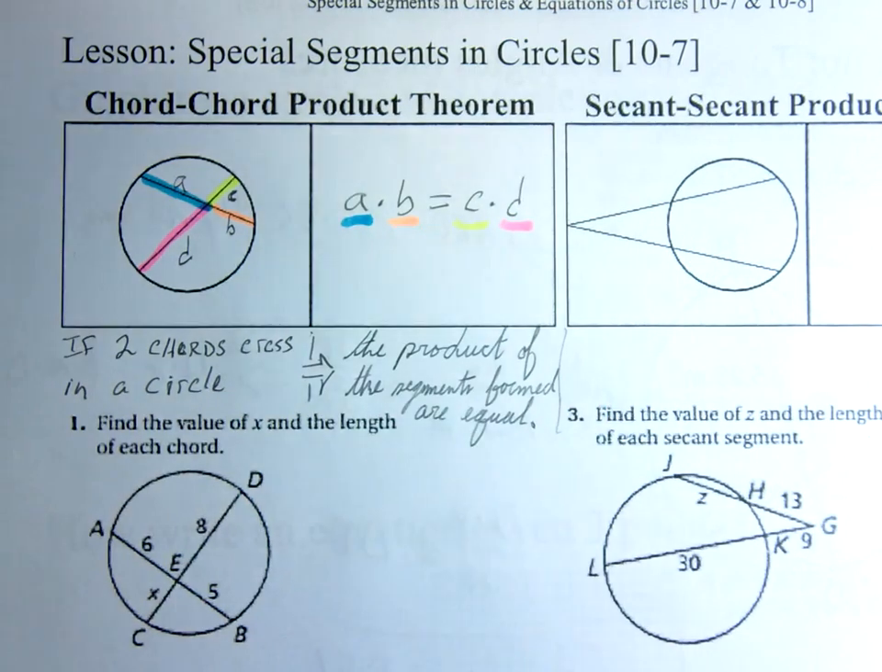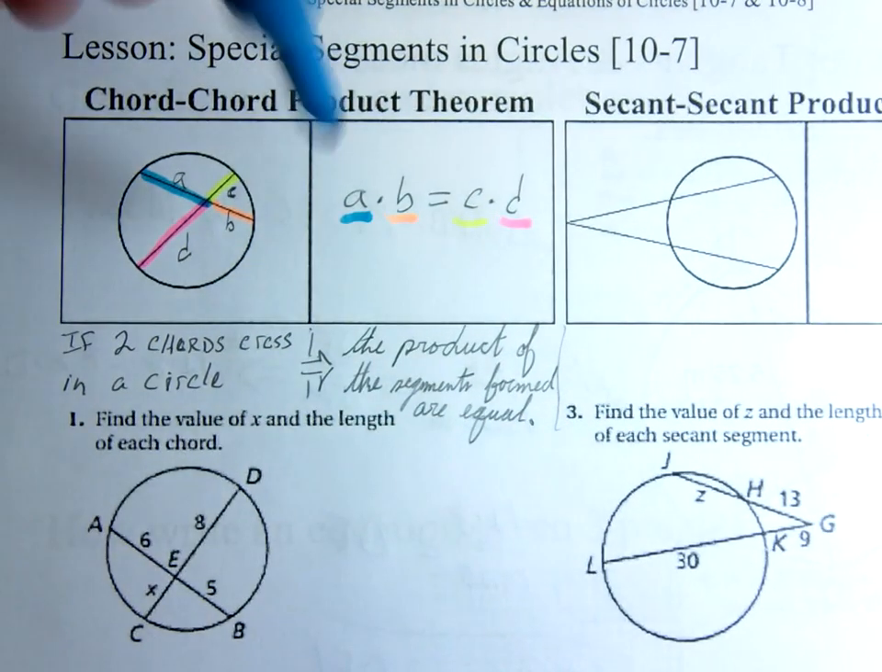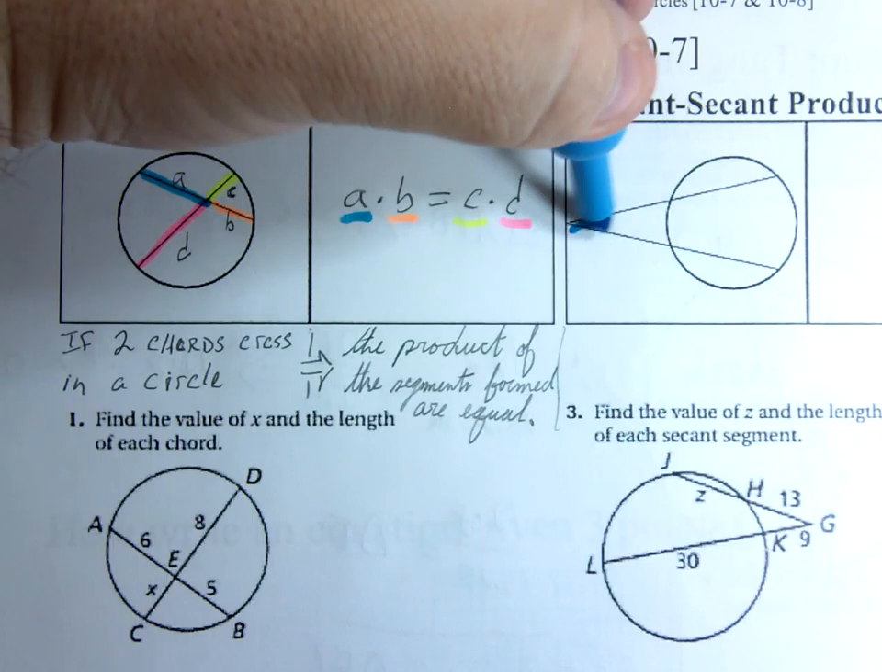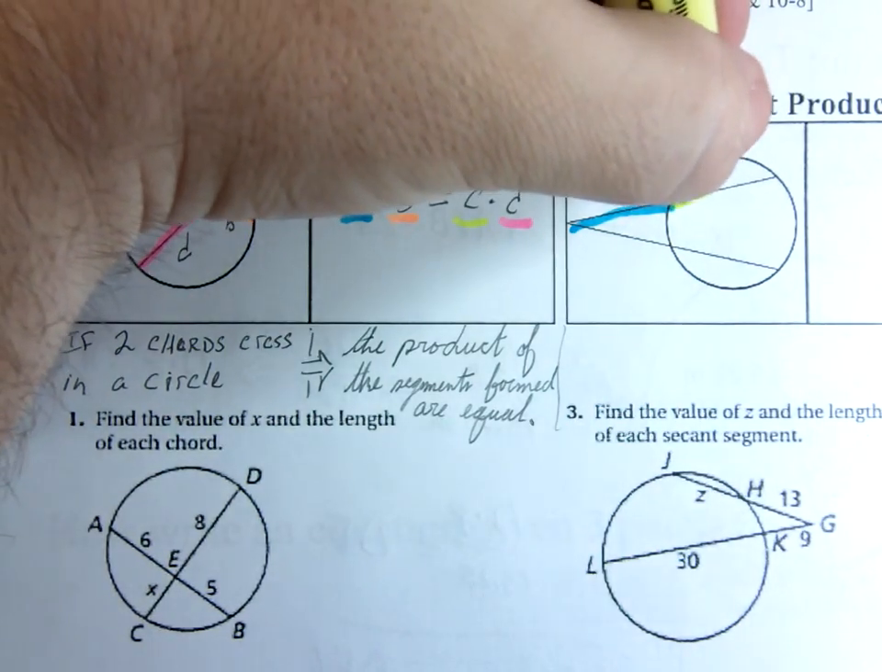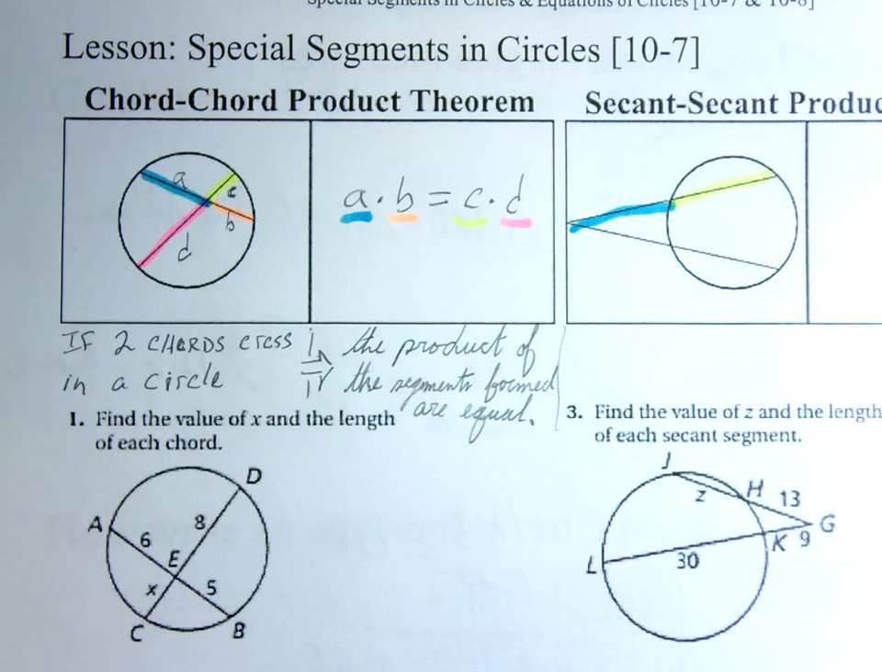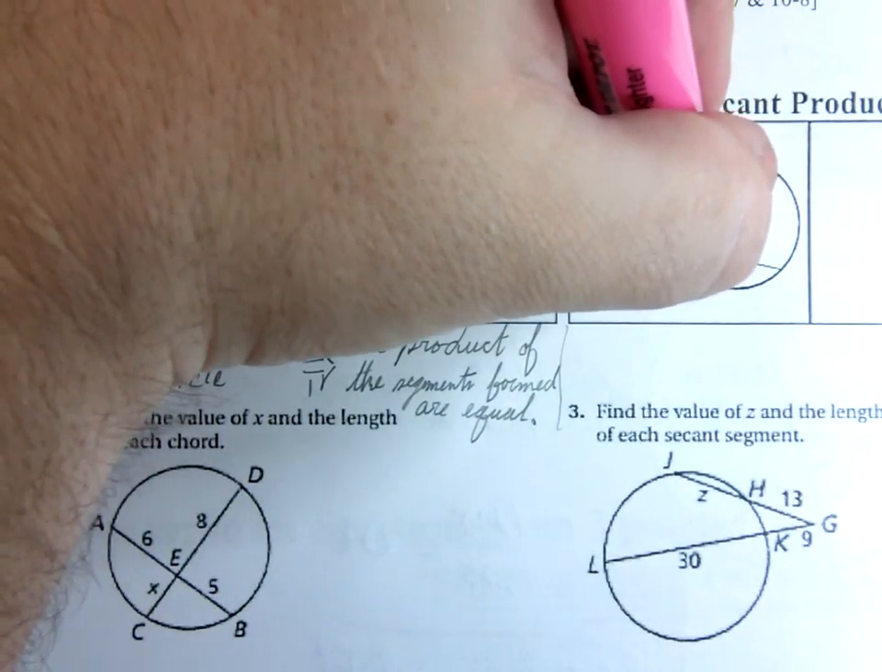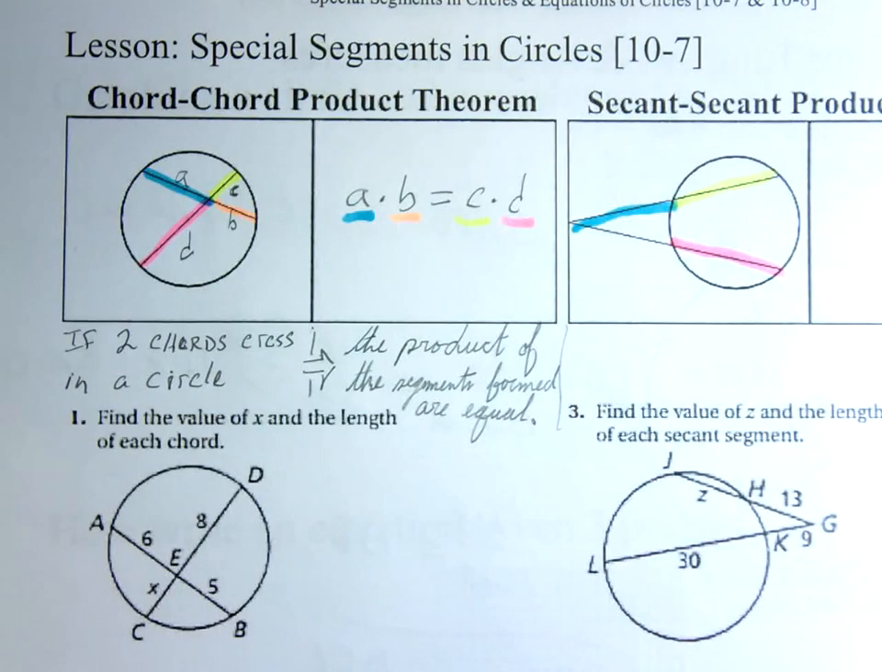Segments formed aren't equal. Okay, so I'm getting ready to move on to the next theorem. Are you ready? So the secant property, by the way, all of these theorems are about taking and multiplying things and setting them equal. So the secant product theorem says if you have two secants and they intersect outside of a circle,